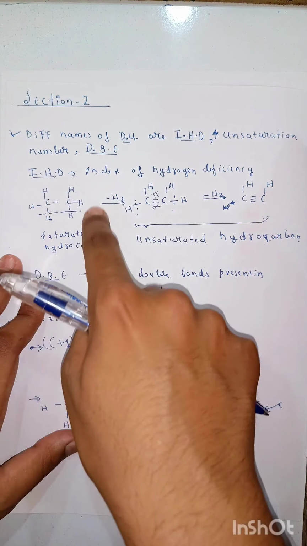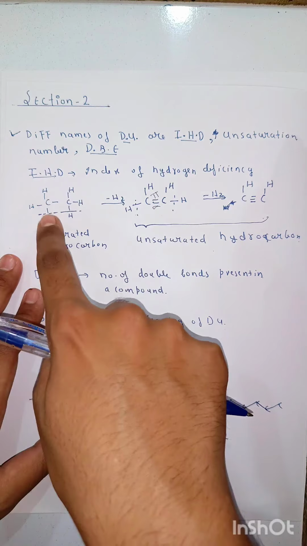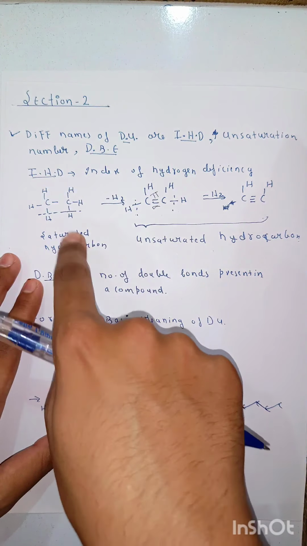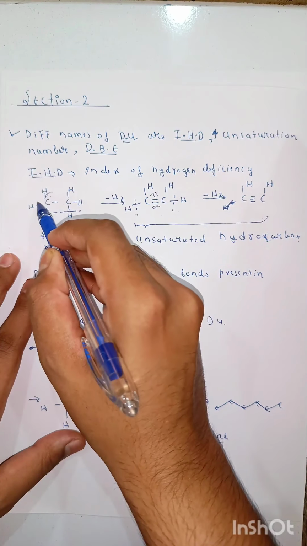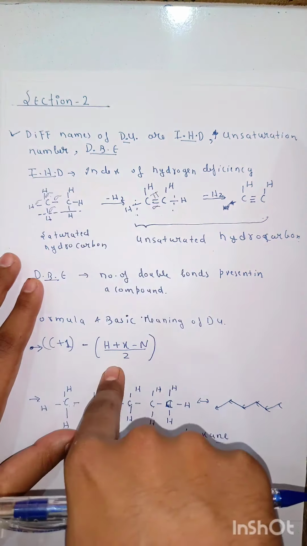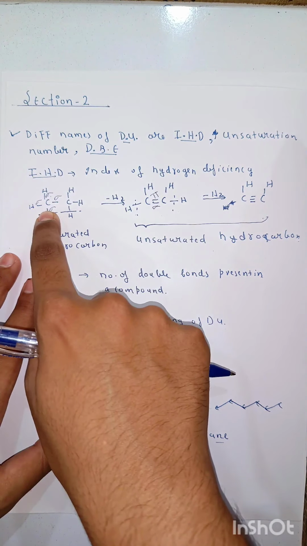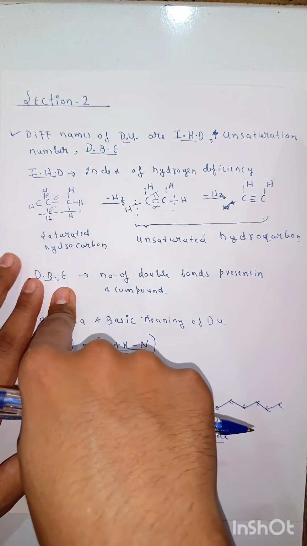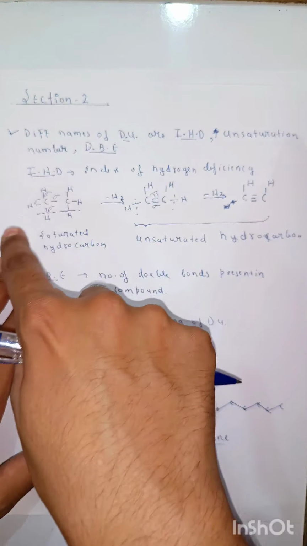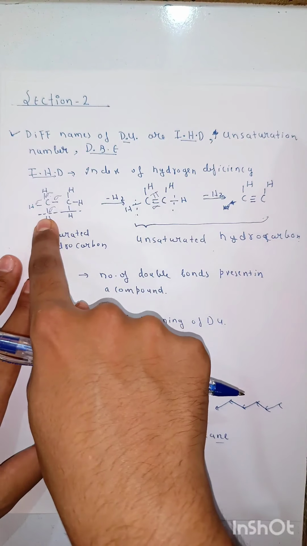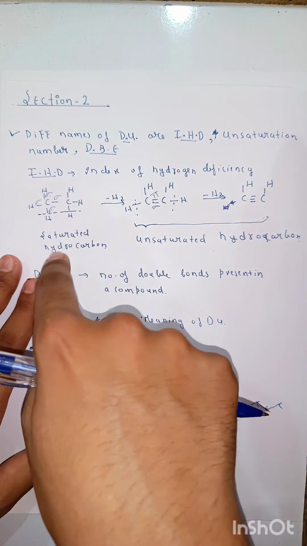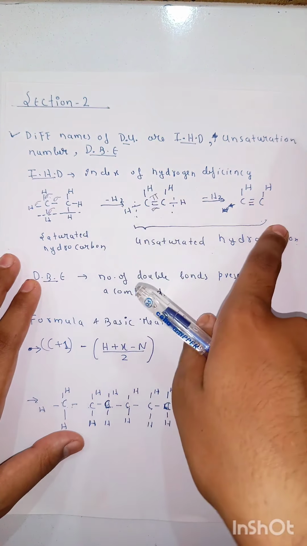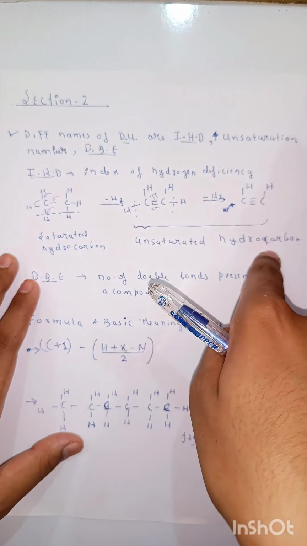Now these compounds have single sigma bonds only. See, all are sigma bonds. This is a sigma bond, this is a sigma bond, this is a sigma bond, and this is a sigma bond. And carbon is attached to all three H with a single bond. We have categorized this, since it contains C and H, as a hydrocarbon, a saturated hydrocarbon. Now this alkene and alkyne come in the category of unsaturated hydrocarbons.